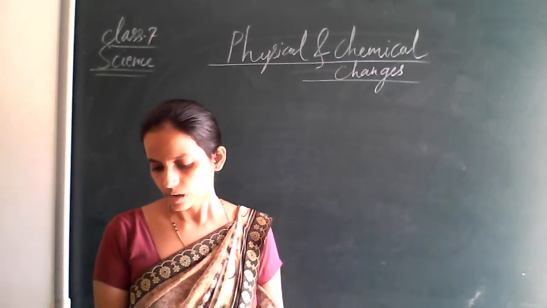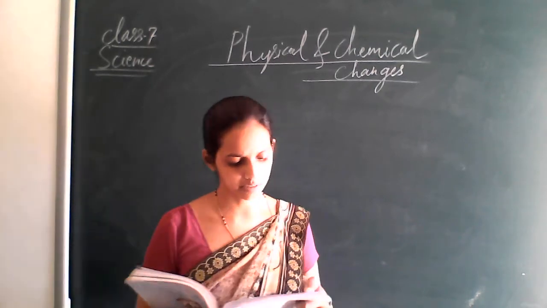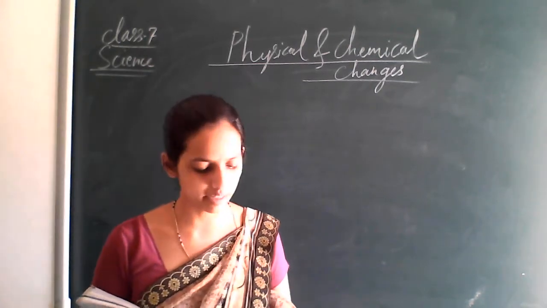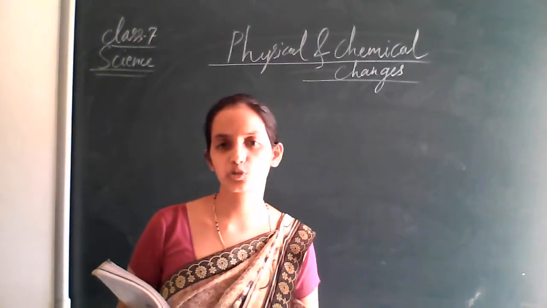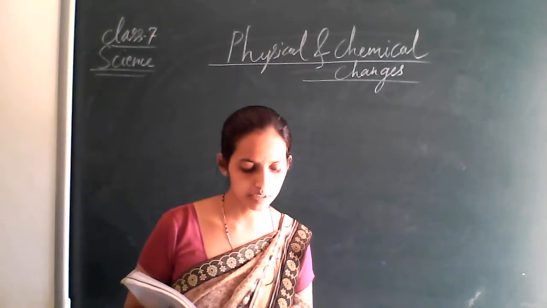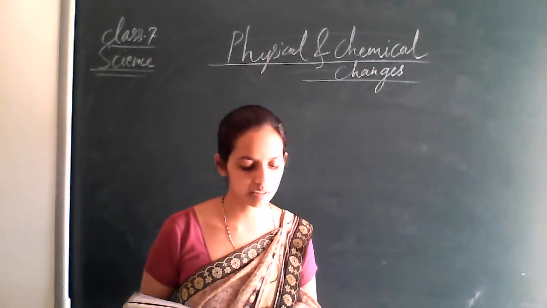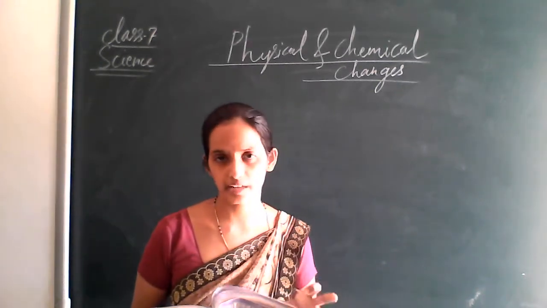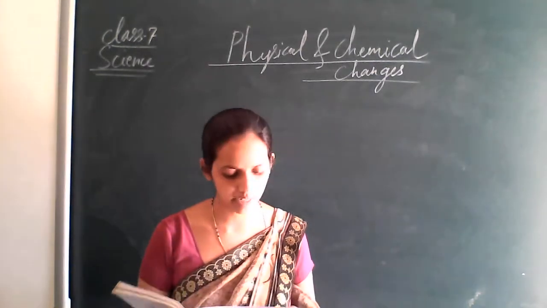And the third example you have studied, what happens? That is your figure 6.5, where we are mixing vinegar and baking soda, right? What happens? When your vinegar and baking soda react with each other, they produce carbon dioxide gas, right? So after the reaction they are producing carbon dioxide gas.